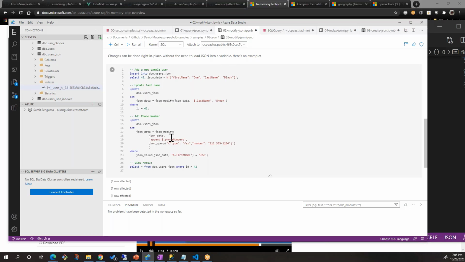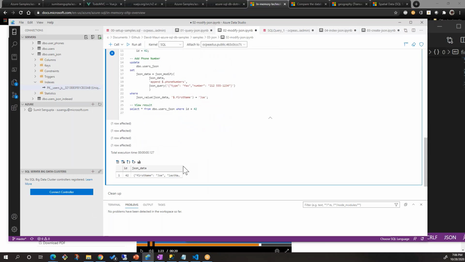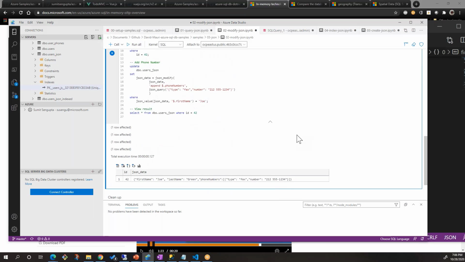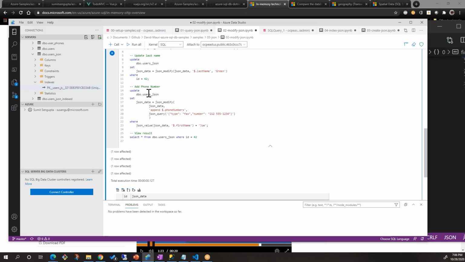We're adding a phone number, so JSON data modifying the phone number, etc. And we'll view the result where ID equals 42, his ID is 42. Okay, so let's do it. Here, we were able to modify it without loading the data into a variable. So essentially what we did is update the name, add the phone number, and view the results.